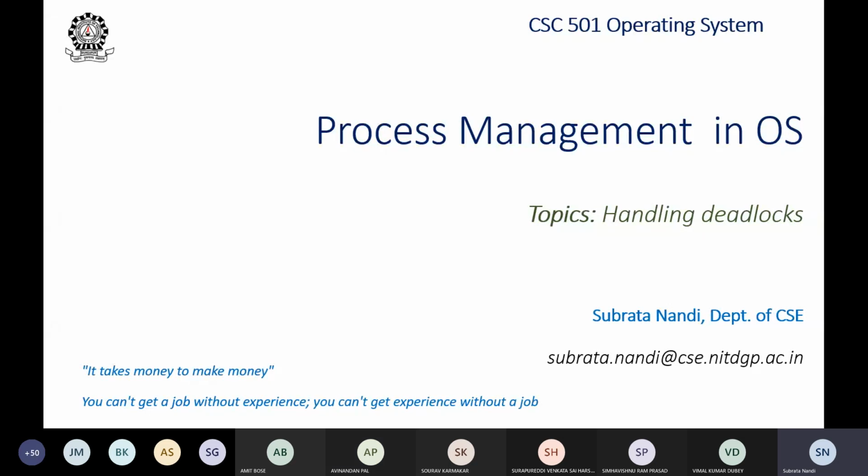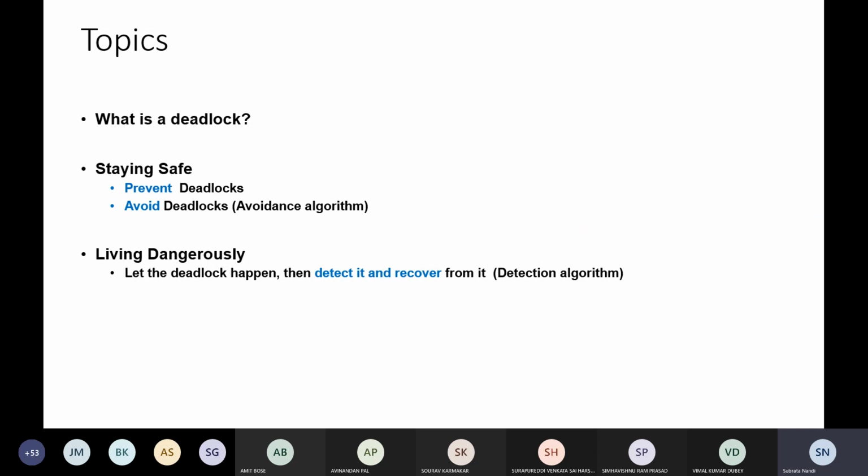So deadlock appears to be more of theory rather than writing code or dealing with functions and system calls, but it is extremely essential. When a deadlock happens in the system, nothing proceeds, so the system comes to a complete halt. So deadlocks need to be handled properly, otherwise there can be serious computational loss in the system. Okay, so the topics will be what deadlock is, and